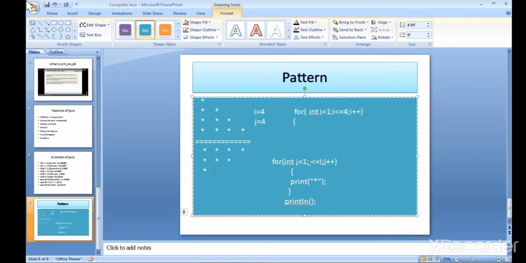Then in the second loop we are simply going to change the condition of j as j is equal to 4 and j is greater than or equal to I and j minus minus.